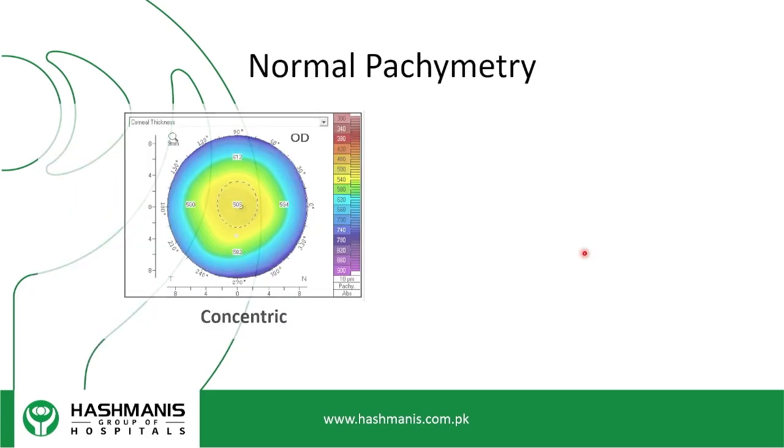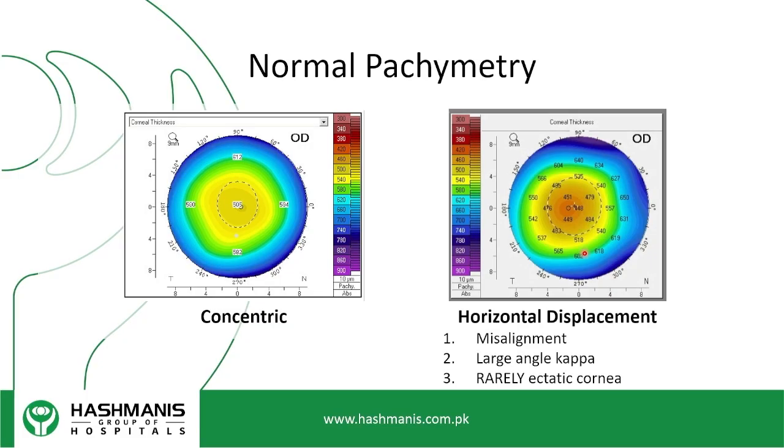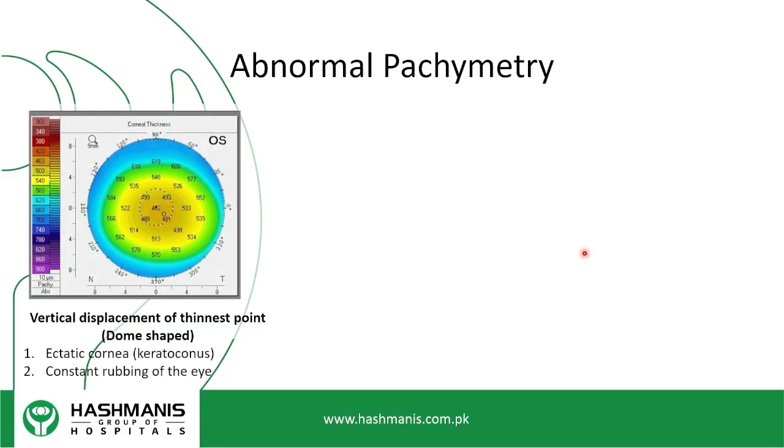So normal pachymetry, you've got this concentric pattern that I've already showed you, where you've got a center of the thinnest point, and then it gets thicker around the periphery. Then you've got a horizontal displacement. Now, even though there's a horizontal displacement, it's rarely an ectatic cornea. Horizontal displacement usually means there's either a misalignment or there's a large angle kappa. Rarely it's an ectatic cornea. And then usually you've got that vertical displacement for someone who's ectatic, or a constant rubbing of the eye that's actually affecting the biomechanics of